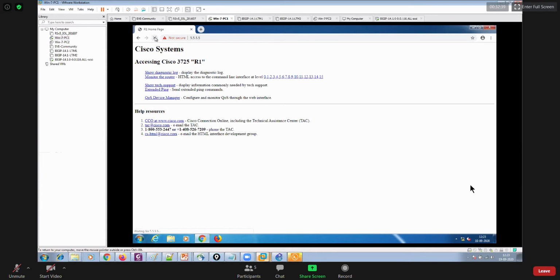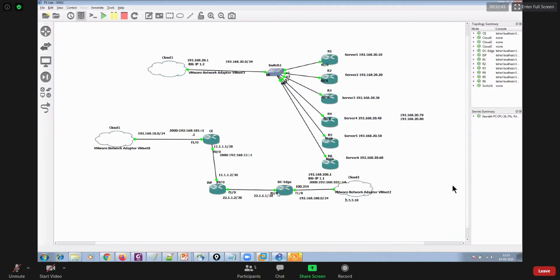So that's fantastic, right? What I want is, if I have a public IP address, for example 5.5.5.10, and I hit this IP address, then I should have access to this router 2, server 2. You get my point?